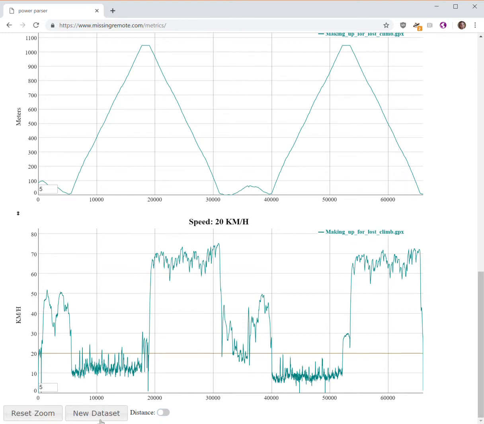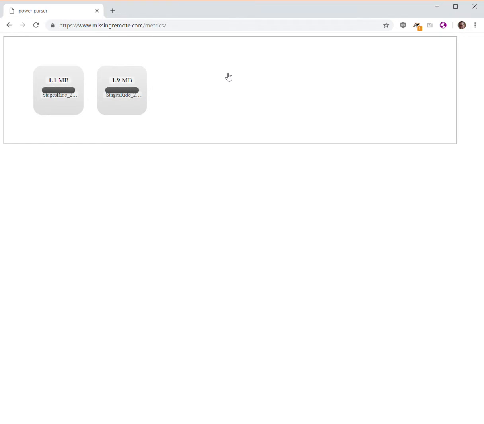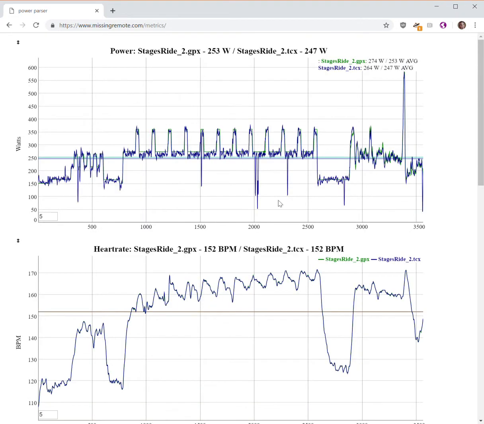To look at more than one file, the process is essentially the same. You can either click New Dataset or refresh the page. And then drop more than one file into the upload section. And then this is a little bit different because it has to align the datasets, and it uses heart rate to figure out where they are,